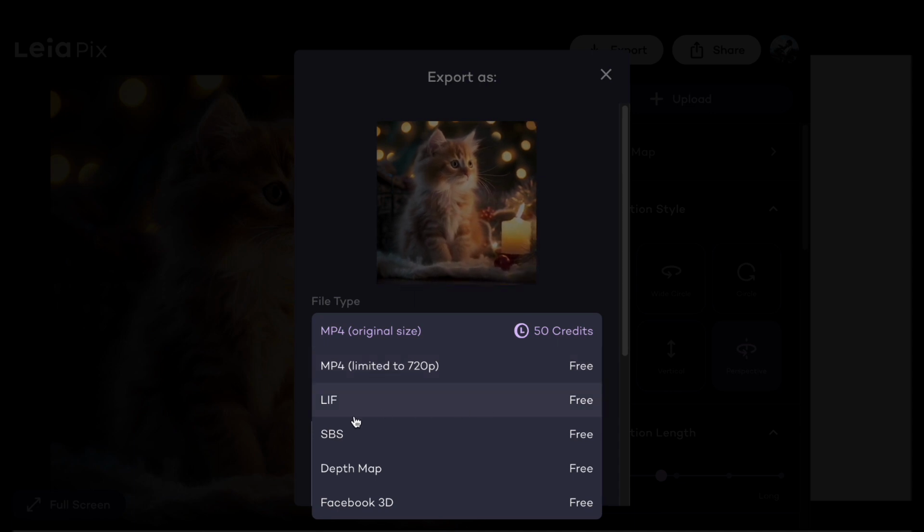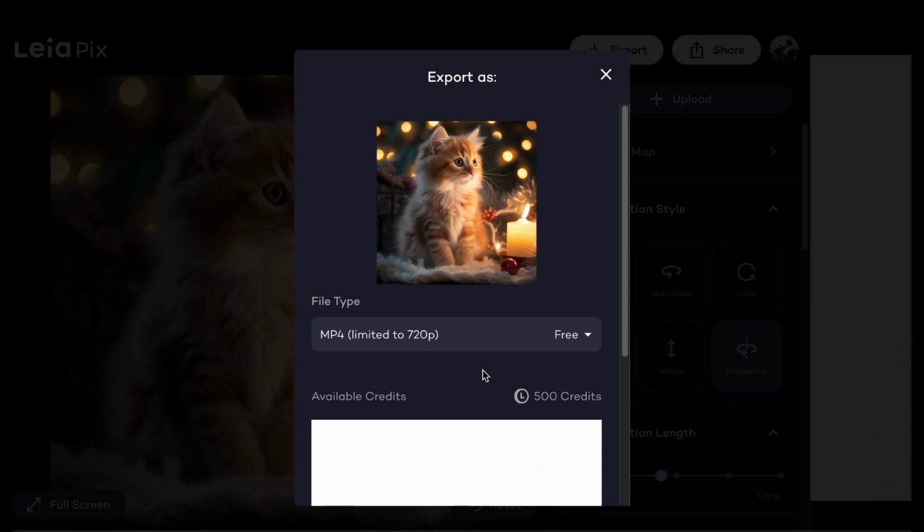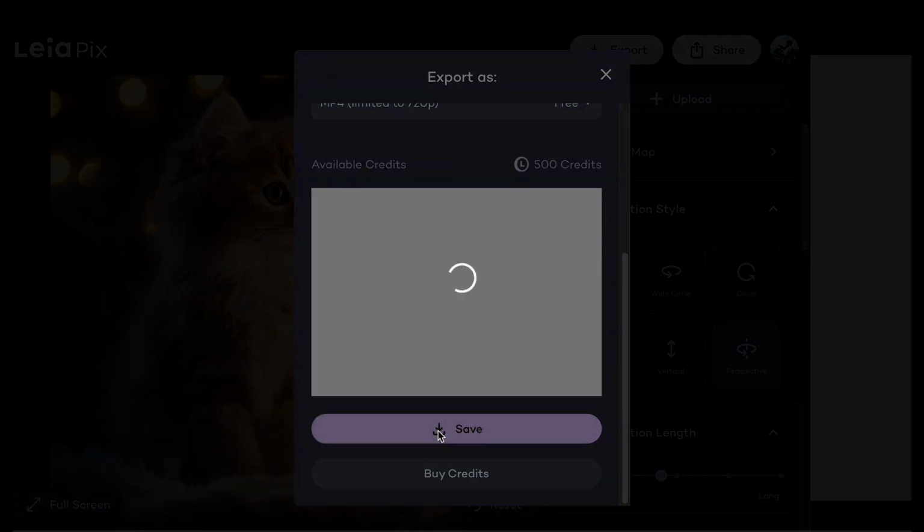Alternatively, if you require the original size MP4 for a specific purpose, that option is available as well. For a savvy approach to conserving credits, you might consider opting for the MP4 720 pixel format and then selecting the Save option. This choice not only helps you manage your credits more efficiently, but also provides a suitable resolution